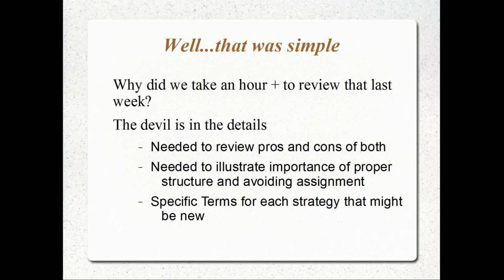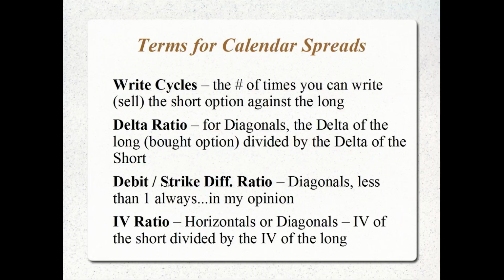And then we had to review the specific terms for each strategy that might be new to investors. Okay? And some of those terms were the roll cycles. And the roll cycles refers to the number of times you can sell the short option against the long. The delta ratio. For diagonals, we look at the delta of the long option that you're buying divided by the